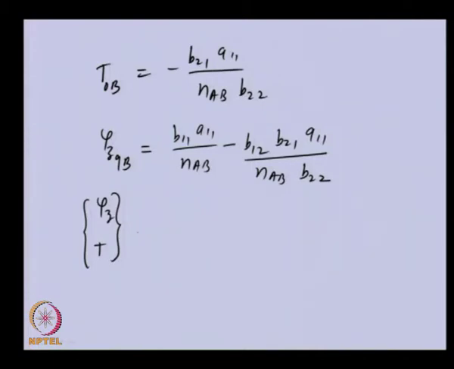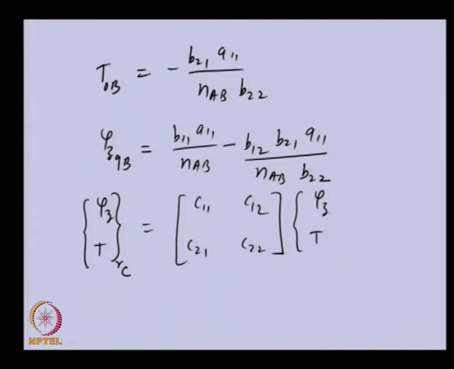So, here we have RC is equal to C11, C12, C21, C22, phi Z and T, and this is the 0th station of branch C. Here the boundary condition is, because this end is free, so this is 0, and